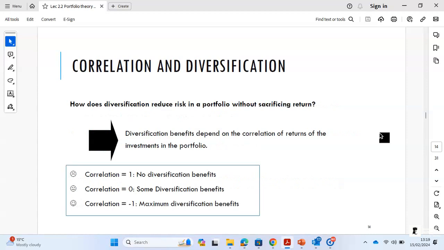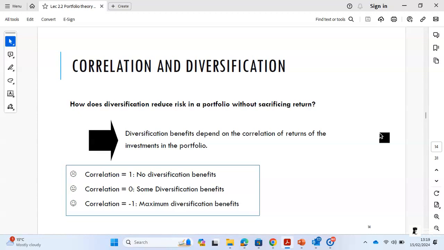So that's why diversification is extremely important. Because even if you hold a portfolio that doesn't diversify away all of the unique risk, you might still end up holding a more risky portfolio than the market. And you will not be compensated for holding a portfolio that doesn't eliminate the unique risk.